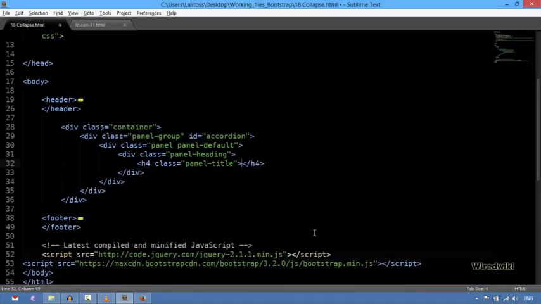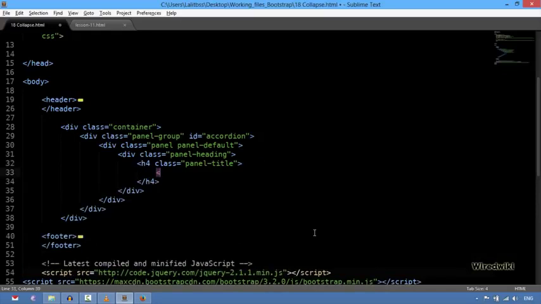And inside the h4 I'm going to create an anchor tag with a reference of collapse1, and data-toggle is collapse, and data-parent